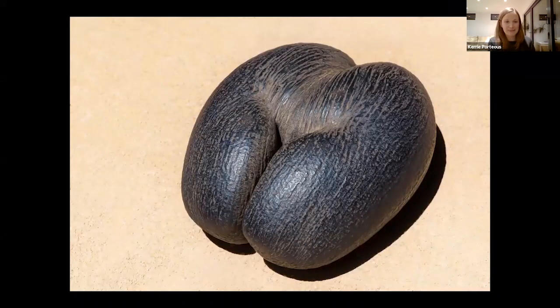which looks rather like a lady's bottom. These are amazing. They were completely enshrouded in mystery for years because they would just appear on distant shores and no one could work out where they came from, because they would try and grow something out of them and nothing would ever grow. And what had happened is that these ducks are seriously heavy, so they'd fall into the